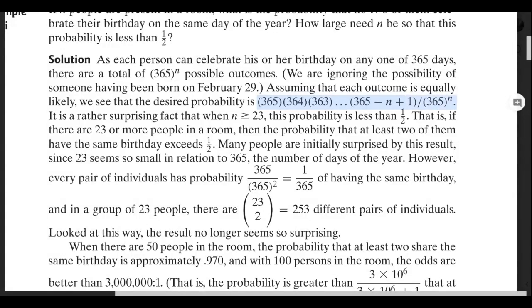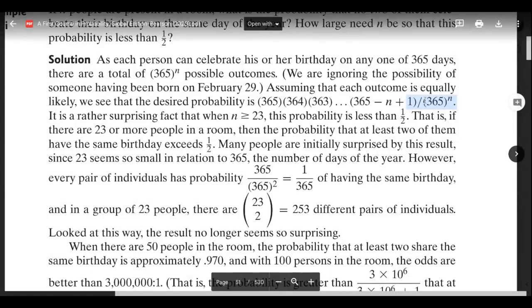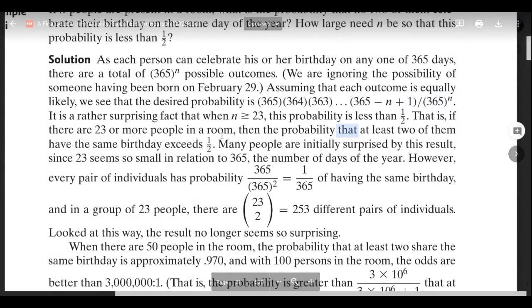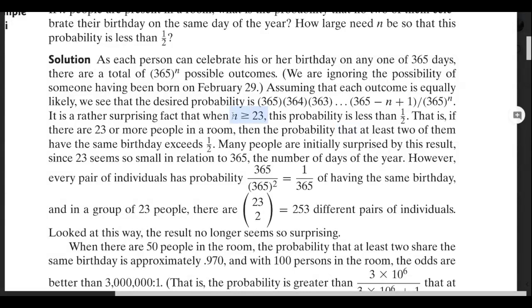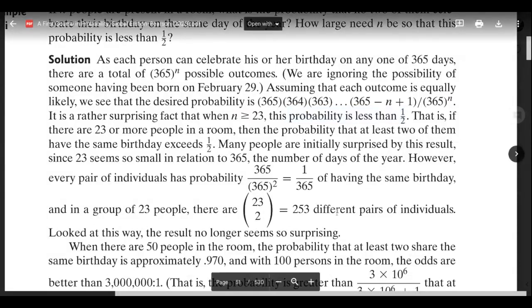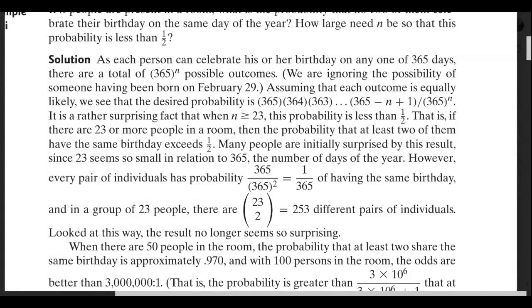For n people having different birthdays, what is the sample space? The sample space is 365 raised to the n. And if we do this calculation, we find out n is at least 23. n is at least 23. And this probability is less than half. So very interesting, huh? As long as the room has 23 people,